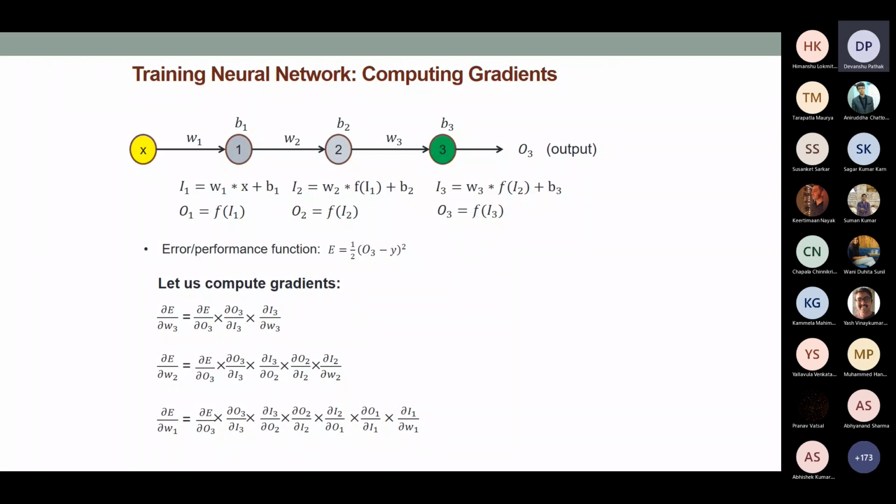Then you can go and compute del E del I3 from this expression and all from these derivatives, and so on and so forth. That's the straightforward thing. Similar way you can compute, I'm skipping that part, the derivative with respect to these b's, b1, b2, b3, and all kinds of stuff that I can do.